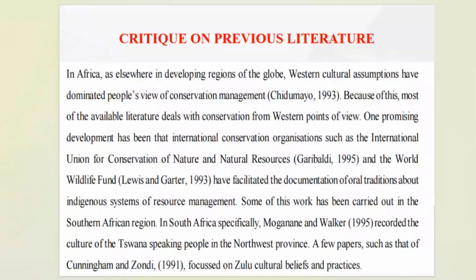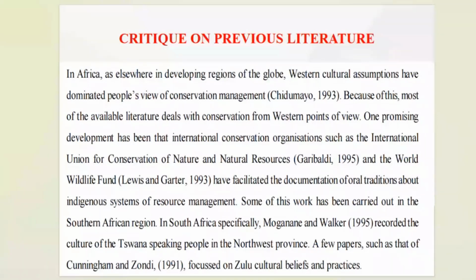But the two organizations, the IUCN and the WWF, are the ones who initiated writing something about oral tradition. And this might be seen as closer to what this research project was about. Because some of this work has been carried out in the Southern African region, but in South Africa specifically,